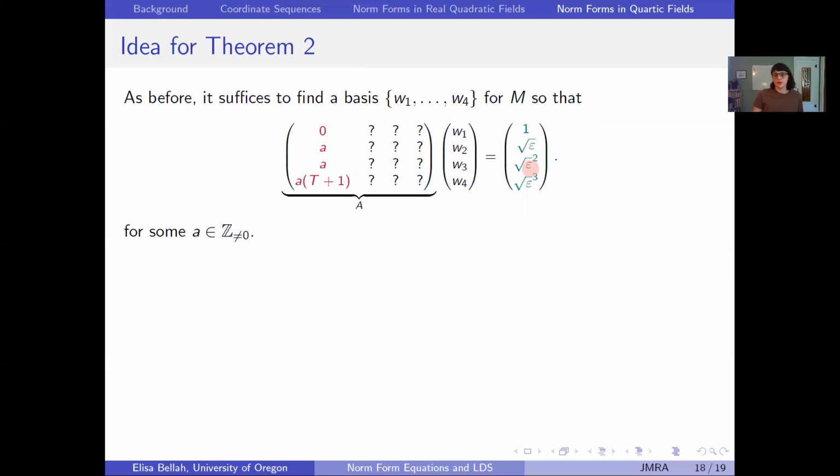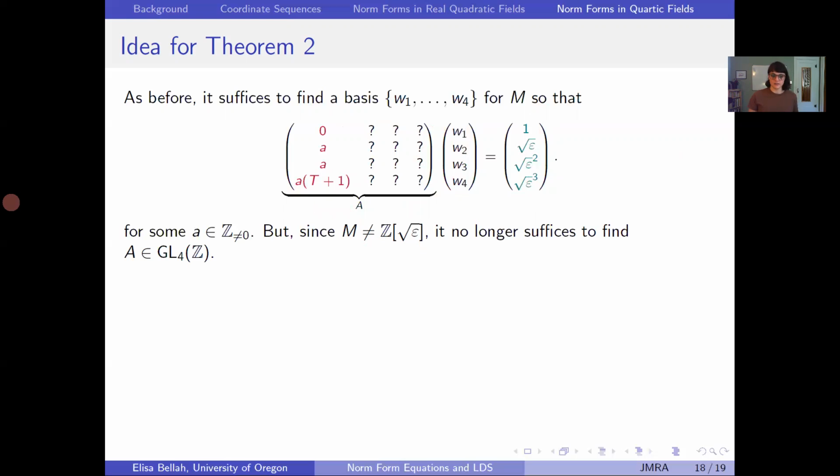This vector over here on the right-hand side gives you the initial conditions of alpha. So these are the initial conditions of the first coordinate sequence with respect to this basis. The trouble here is that my module is no longer just equal to Z adjoin square root of epsilon. So this is no longer a basis, which means it no longer suffices to just fill in A to be